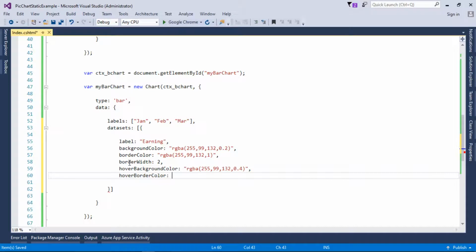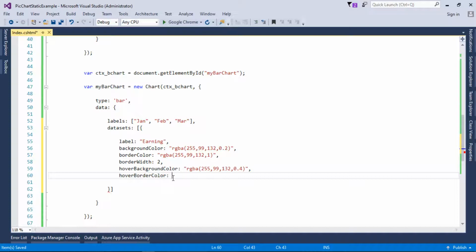You can look into these properties in detail by visiting the Chart.js website, and there are lots of other things that we are not showing in this video, but it is a very vast field of attributes, settings and other options.